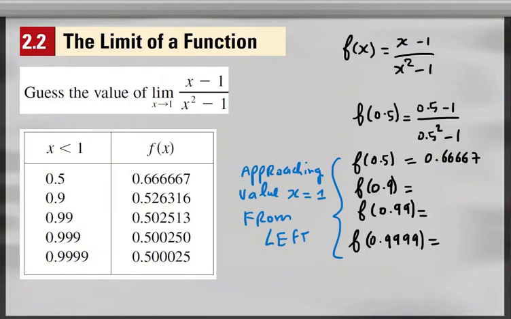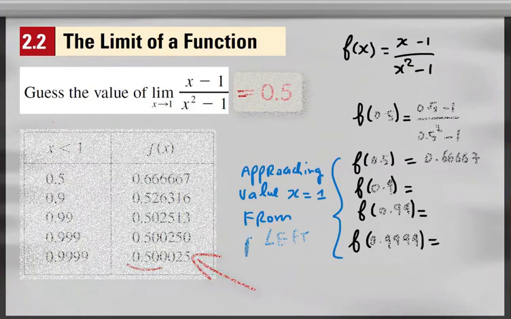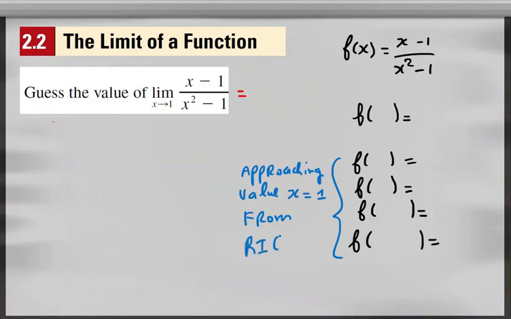On the basis of the table values, we make the guess that the limit is 0.5. Let us now look at the limit from the right-hand side. Starting at 1.5, right, and 1.1, 1.01, 1.001,